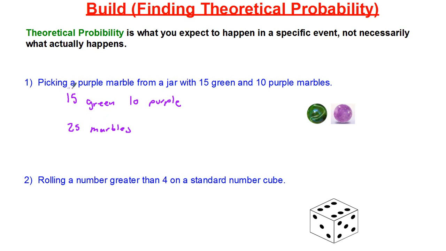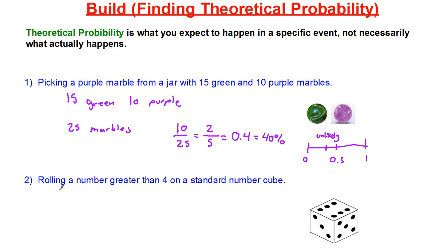Okay, so picking a purple marble from a jar is going to be 10 over 25. This is my number of times the event can occur over the total number of equally likely possible outcomes. Once we simplify that, dividing by 5, we get 2/5. So 2/5 is equal to 0.4, which is about a 40% likelihood of happening. If we look on our spectrum from 0 to 1, it lies somewhere over here. So this is most likely unlikely